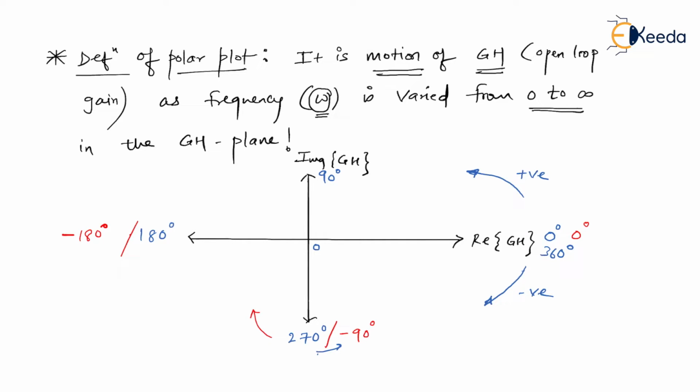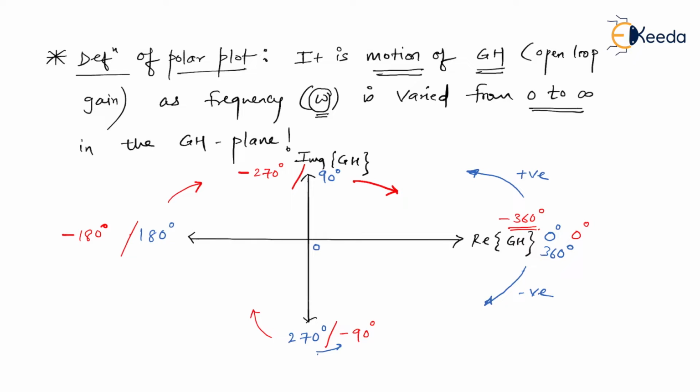So minus 180 degree and 180 degree is the same thing. And from minus 180 degree, if I move another clockwise direction by 90 degree, then I'll reach 90 degree, that is the positive 90 degree axis, which is alternatively known as minus 270 degree. And obviously from minus 270 degree, if I move another clockwise direction by 90 degree, then I'll reach 0 degree, which can also be known as minus 360 degree. I hope now you have understood what I really mean to say.